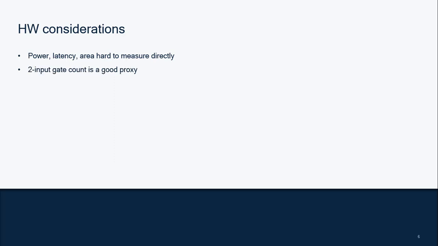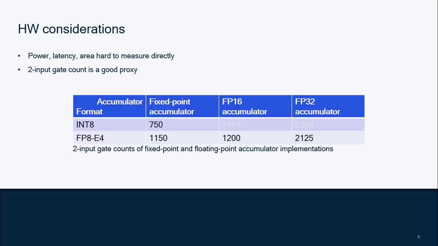So here we compare the number of 2-input gates required for different types of accumulators for INT8 and the FP8 format. And for the accumulators, we compare Coolidge-like fixed-point accumulators, which are exact, to 16-bit and 32-bit floating-point accumulators, which are inexact, as floating point is, but more efficient for floating-point formats with more exponent bits, so FP8 E4. And in this table, we can see how many 2-input gates are required for each combination of input format and